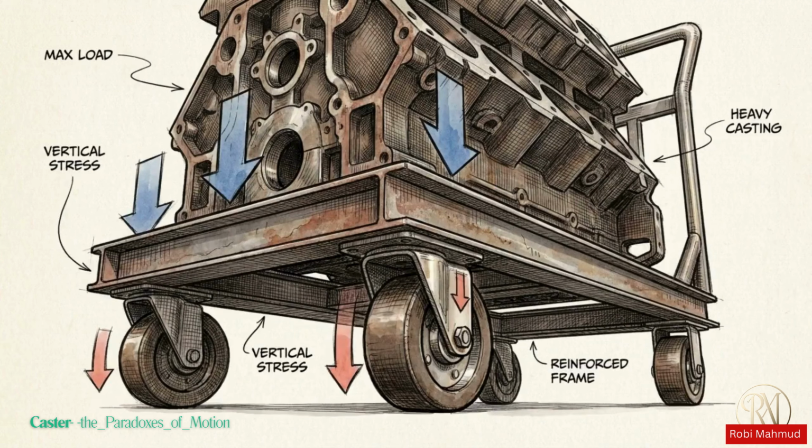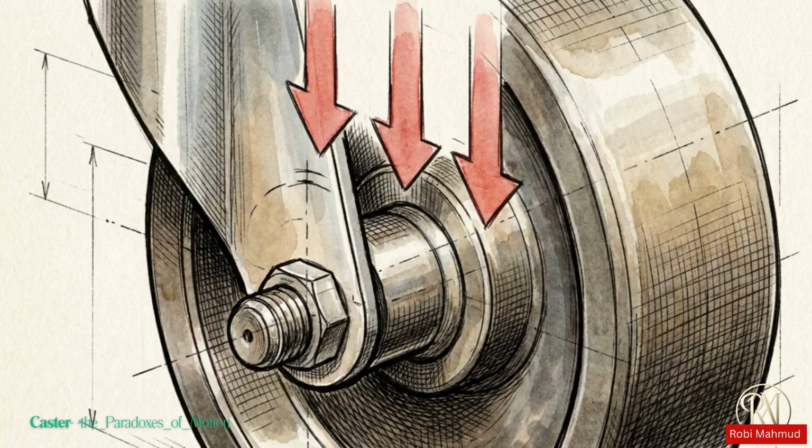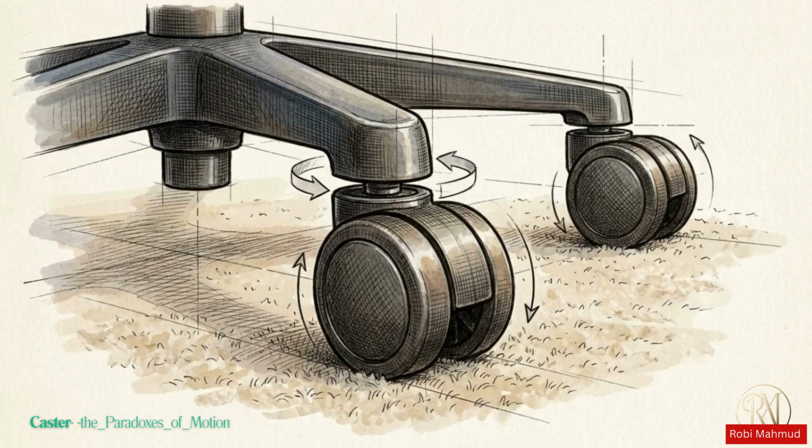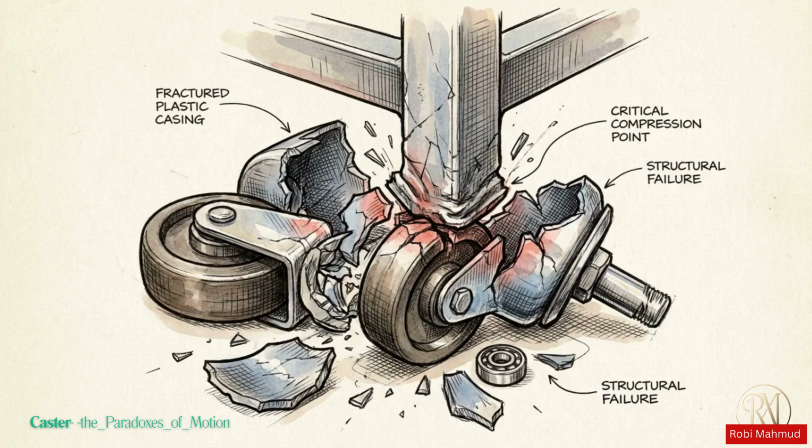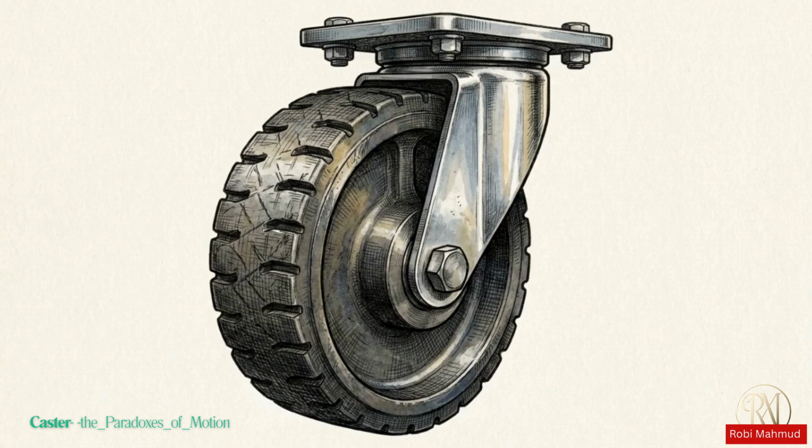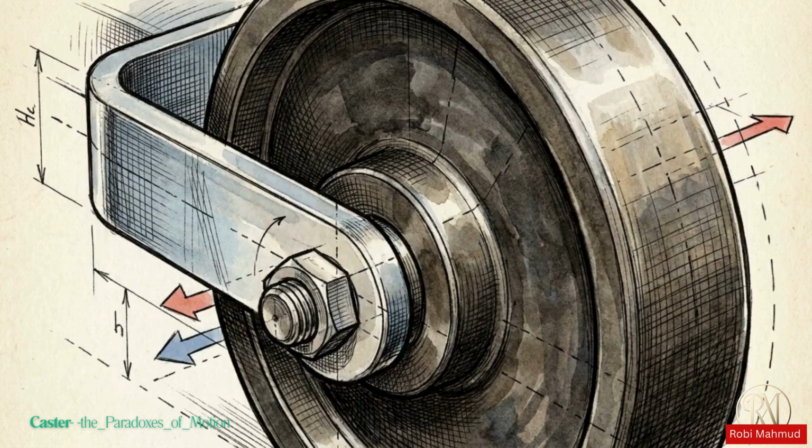Moving a load horizontally is one challenge, but the engineering changes when we consider vertical stress, the weight pushing straight down into the axle. Twin-wheel casters are common because they distribute light weight over a wider area. But in heavy-duty industrial settings, complexity is a weakness. Single-wheel casters use a solid, continuous construction that can shoulder thousands of pounds that would cause a dual-wheel assembly to